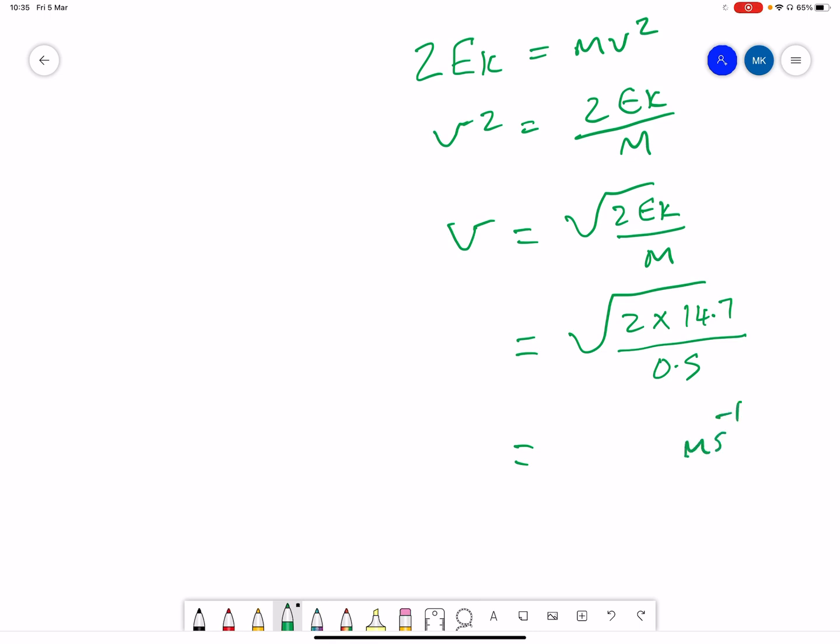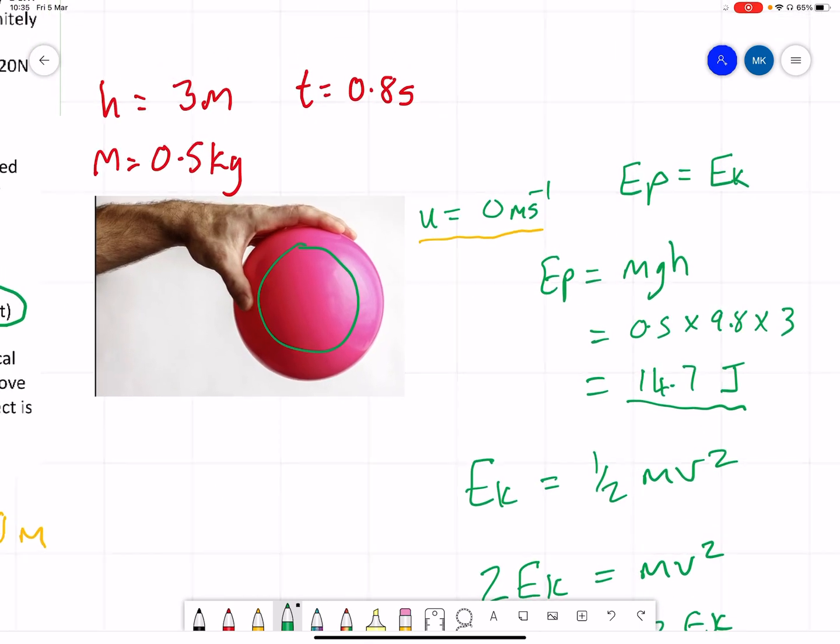Let me do that quickly. 2 times 14.7 divided by 0.5, and then square root that number gives us 7.7 meters per second. That's the speed that that ball reached. Now, with the information we were given, the height and the mass, that's one route we could have taken, the